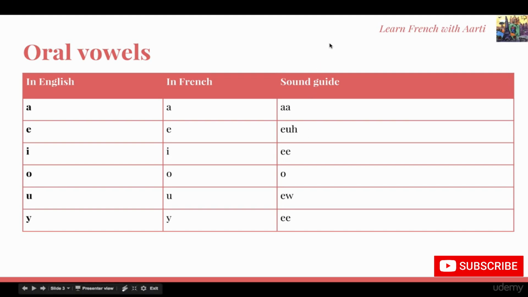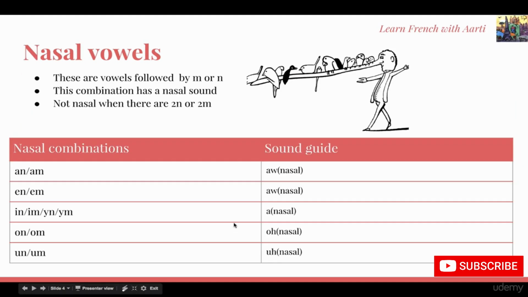Now let's see what the nasal vowels are like. These nasal sounds are made from the nose. Nasal vowels are vowels A, E, I, O, U, and Y followed by M or N. This combination with the M or N has a nasal sound. However, when there are 2 N's or 2 M's together, the sound is not nasal. The nasal combinations in French are